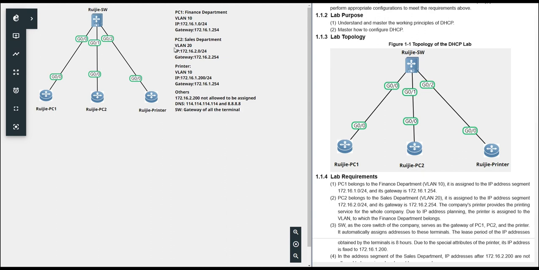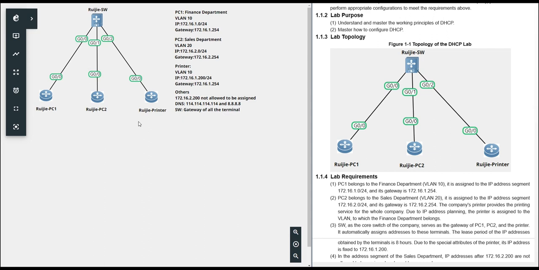And on the simulator, I also show you the key point of the practice. We will have one switch, and this switch will become the DHCP server. And we will use the router to simulate terminals because the router can send out some DHCP message and then get the IP address.